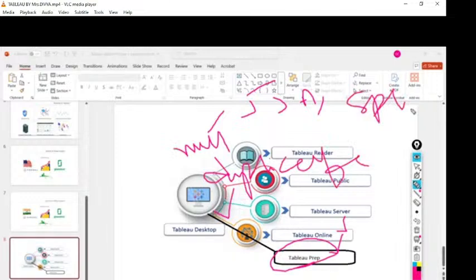So now let's get back here. What is the difference between Tableau Desktop and Tableau Public? In Tableau Public we can only have very limited data sources, something like we can connect